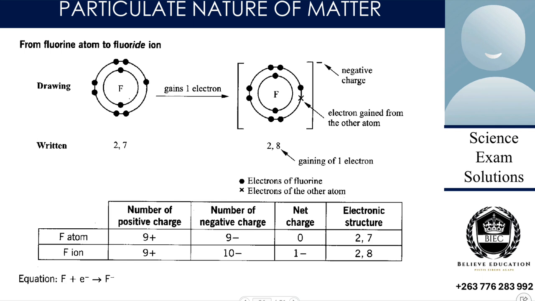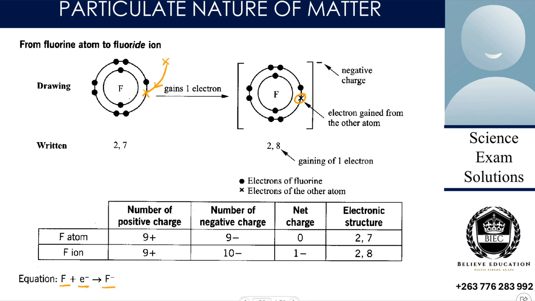And then we have this one being the one that is gained. Wherever it comes from, we then put it here and show the gained electron. Once that electron is gained, we put it in, and then there are 8 in the outer shell, so that we achieve a noble gas configuration. And then we will have our equation being F plus an electron to give us F